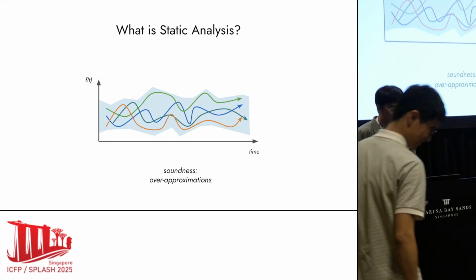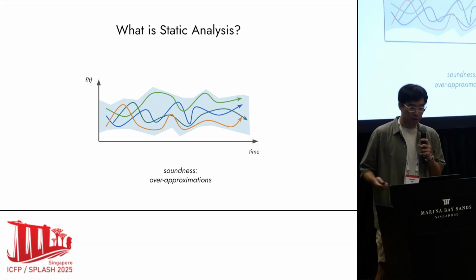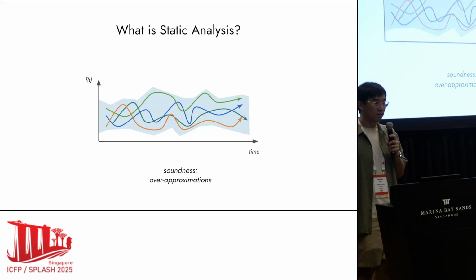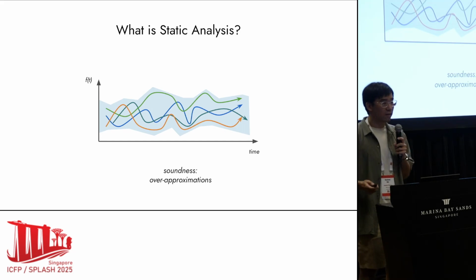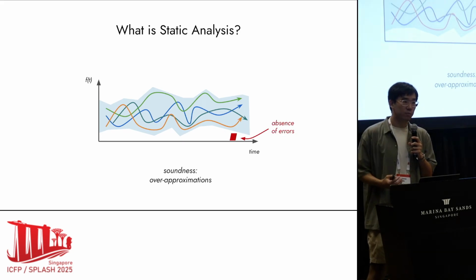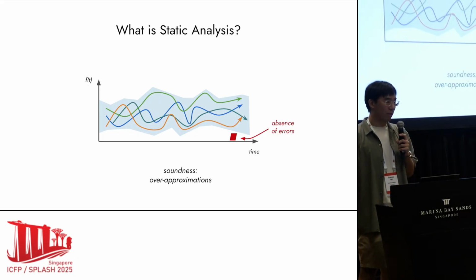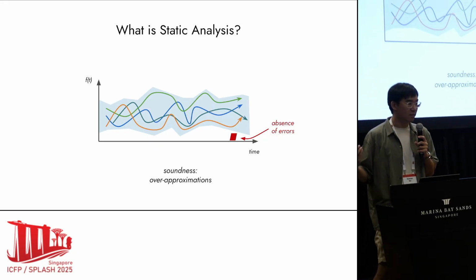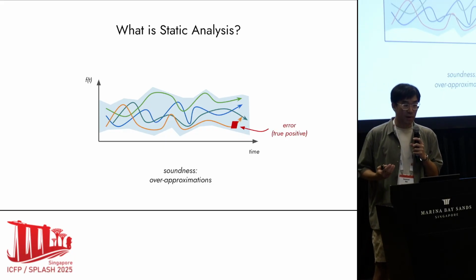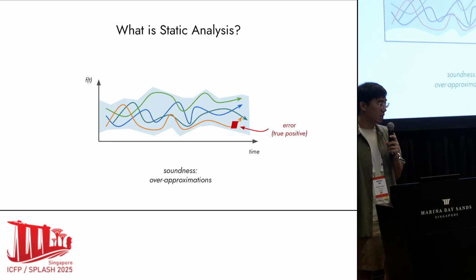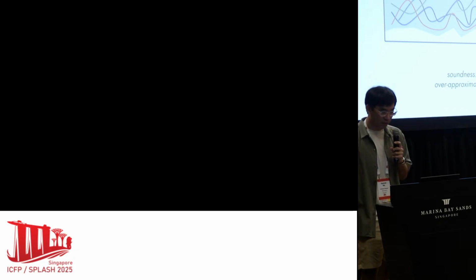Okay. So we have this over-approximation of all of those program behaviors. This is an important notion of soundness: we don't miss any true behavior of the program. This is useful, for example, for verification, because if the over-approximation doesn't reach an error, then we can safely conclude that there's no error in the program. And if there's indeed some error and it's covered by this over-approximation, we can say we found a bug in this program, so it's useful for bug detection as well.